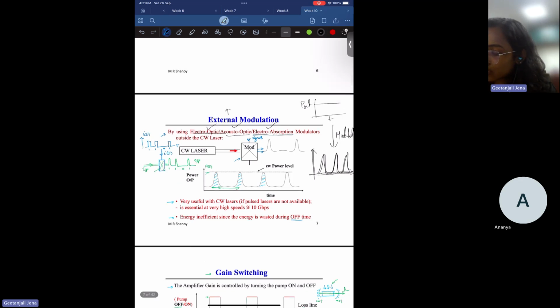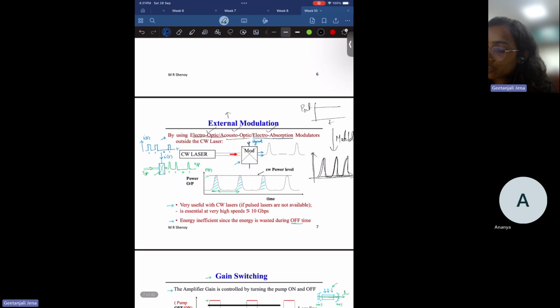And what will happen if you use a modulator? Let's say you have a modulator here and you are changing the strength of this signal, which changes the modulation ability of this external modulator. Depending on the strength, some part of this continuous wave laser will pass through the external modulator and some part will not pass through. In this way, you can see there is a pulsed output here